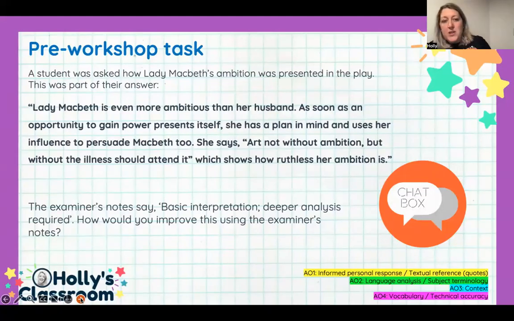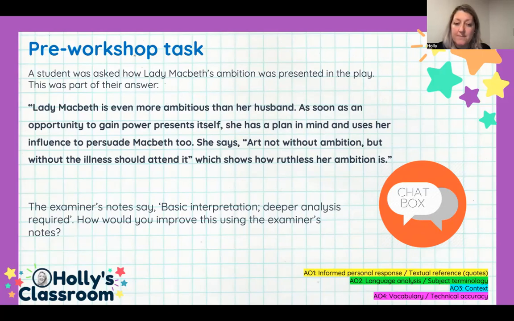So the pre-workshop task was looking at a student's answer and thinking about how it could be improved. A student was asked how Lady Macbeth's ambition was presented in the play, and this here is part of their answer. They said, "Lady Macbeth is even more ambitious than her husband. As soon as an opportunity to gain power presents itself, she has a plan in mind and uses her influence to persuade Macbeth too. She says, 'Art not without ambition, but without the illness should attend it,' which shows how